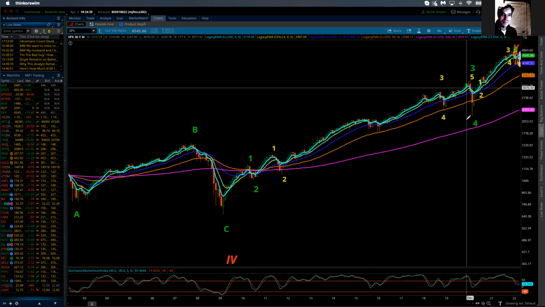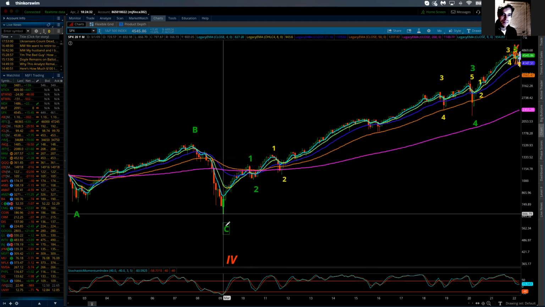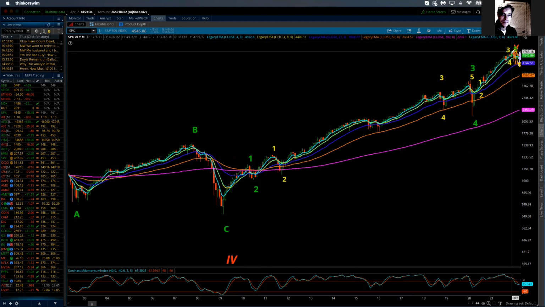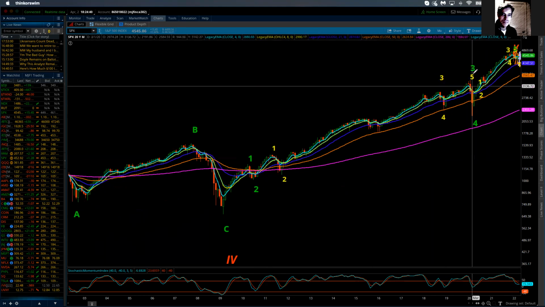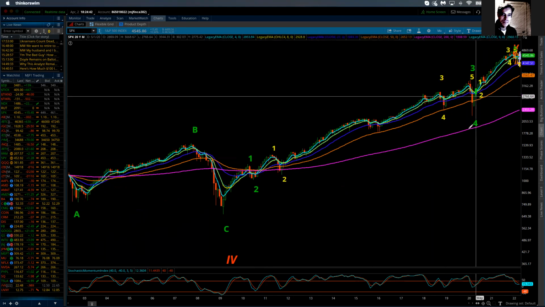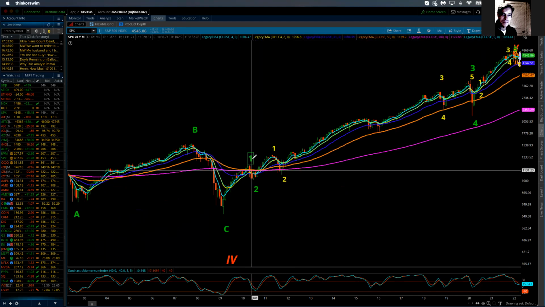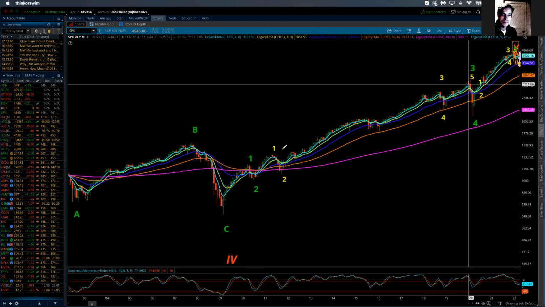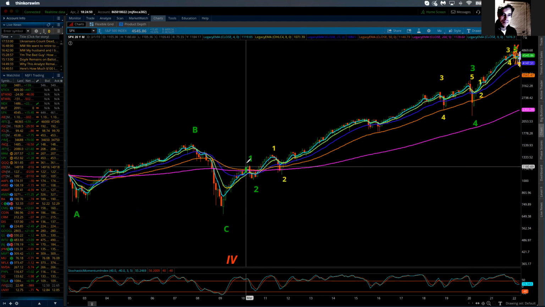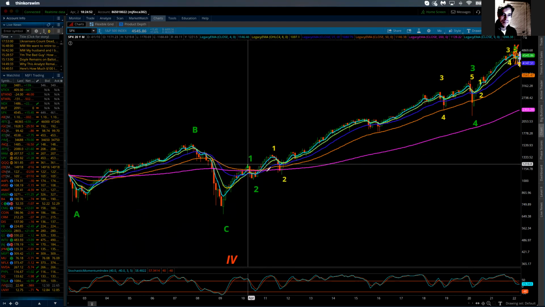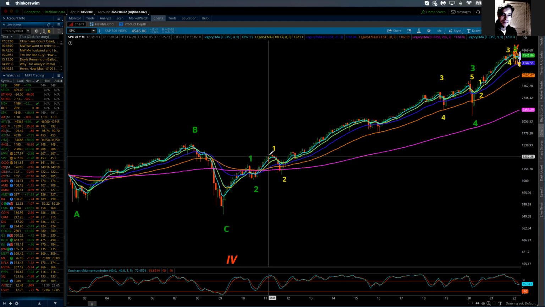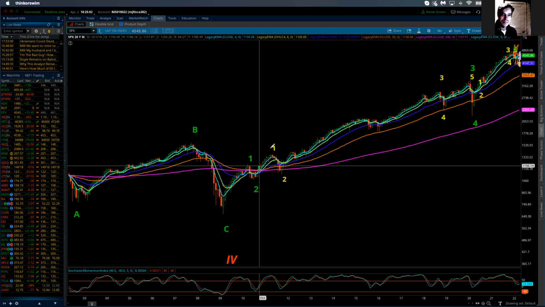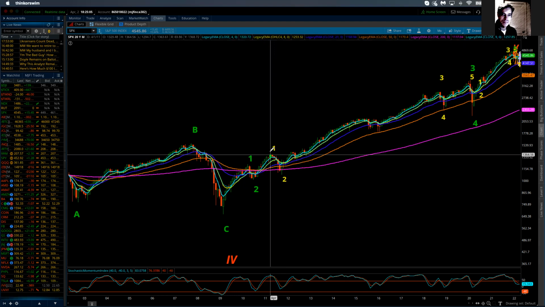Now, with that in mind, within a cycle degree 5th wave, considered an impulse, there will be 5 waves of primary degree. Now, within each impulsive section, waves 1, 3, and 5, there will also be 5 wave moves of intermediate degree. Then if we go down further, within the intermediate degree run, there will be 5 waves of minor degree, and they're all very, very countable.